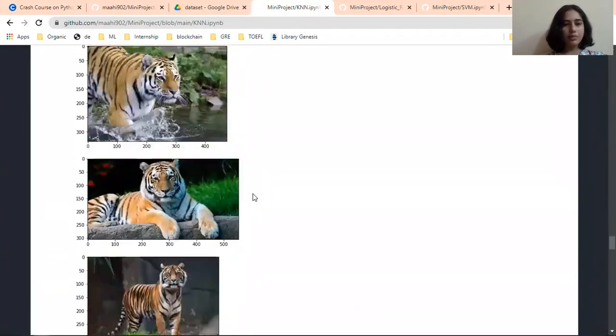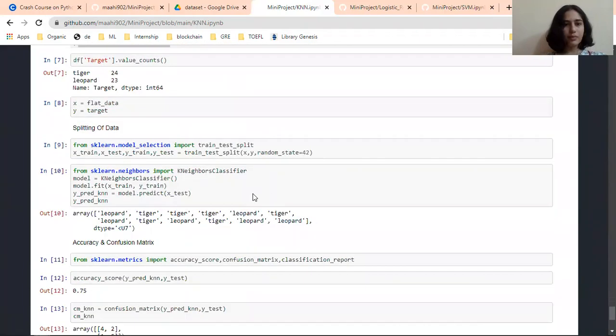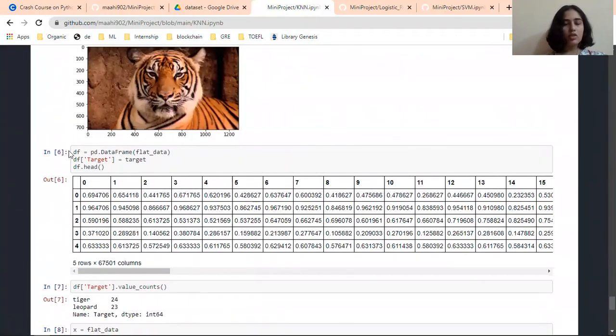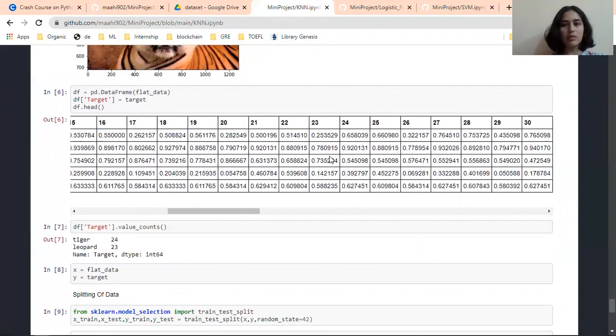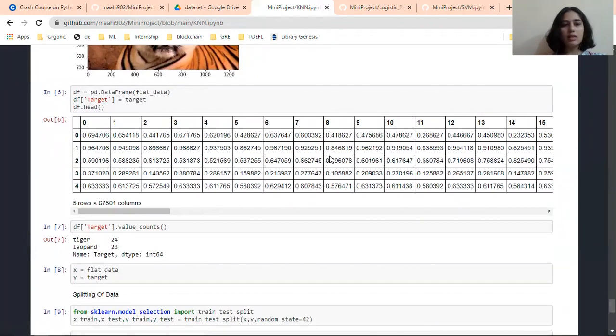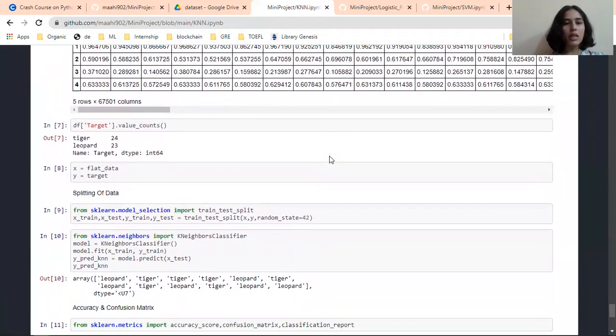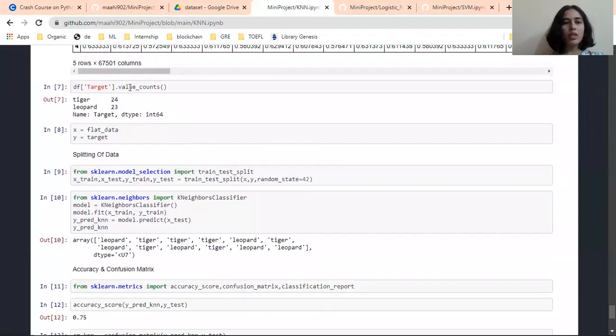Let's see here. Yes, this. So we will use df equal to pd.DataFrame, and the flat data is imported here, along with the data set target, and this is how our data is stored, rather than as images, and it is now converted into this format, and then value counts.